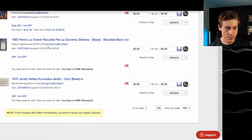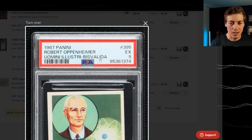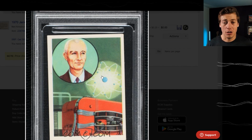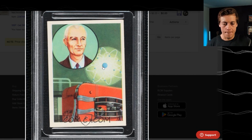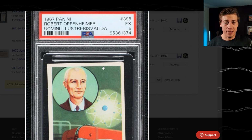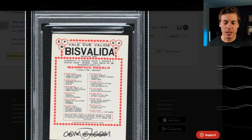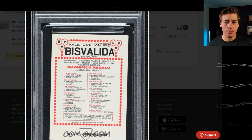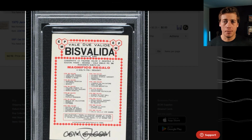Alright, so up first, and you can see this was acquired on 1/3. I picked up one of the earliest known Oppenheimer cards. I don't know if this is what someone would classify as a rookie or a first card. I would think you would have something earlier than 1967. But this has the tougher Bisvolita back. If you follow music cards, Bisvolitas have a little bit of a premium when it comes to music cards